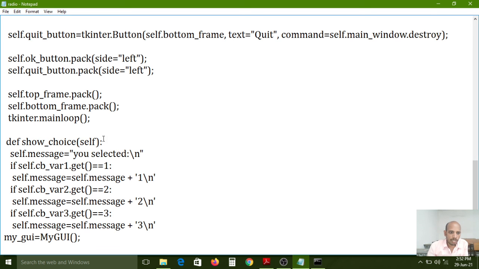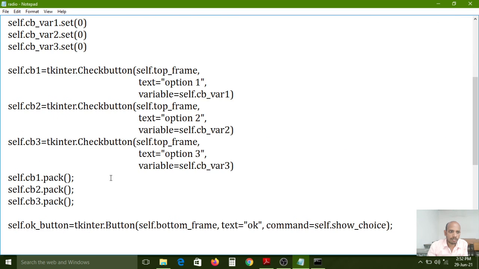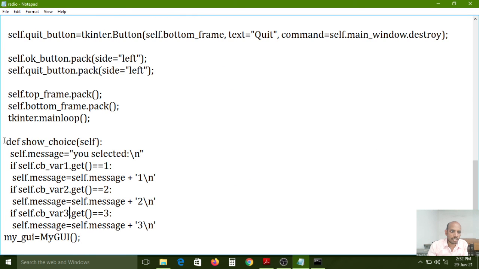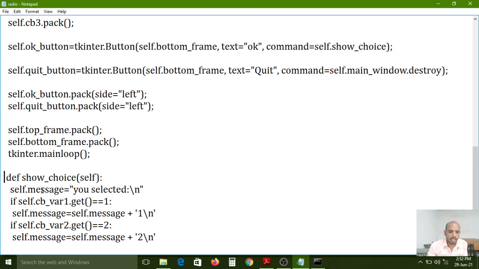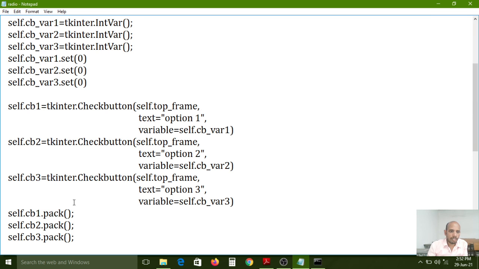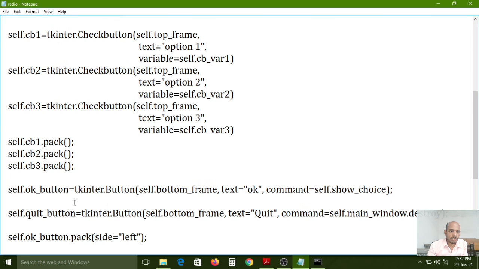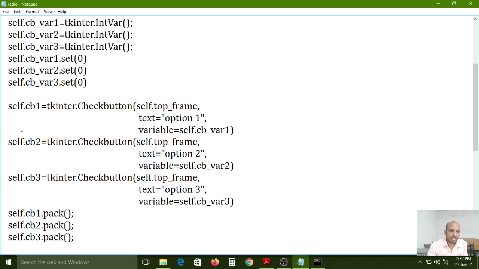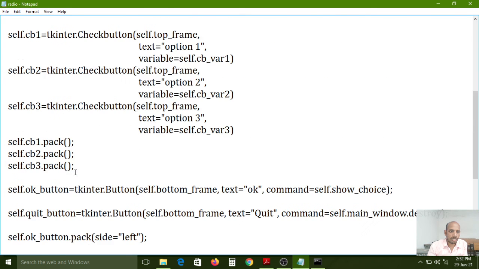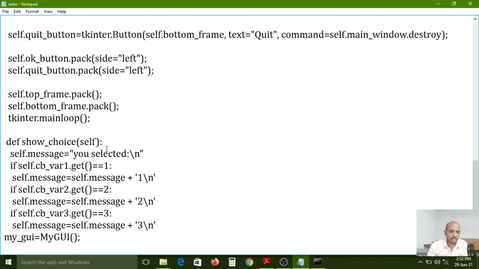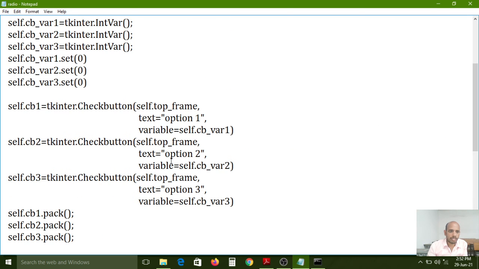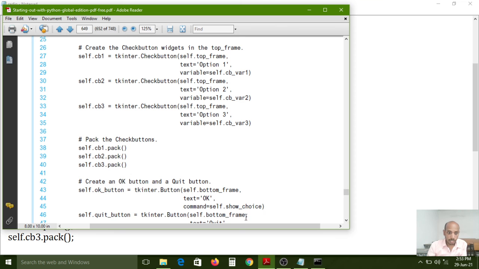Self.show_choice: self.message equal to "you selected" if self.cb_var1 get the value from the first option.